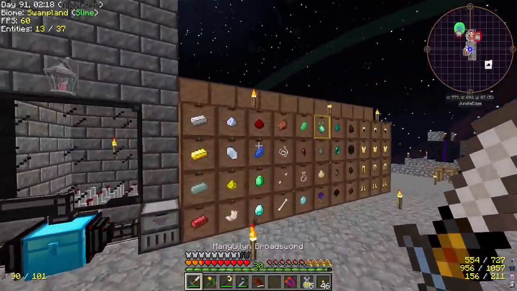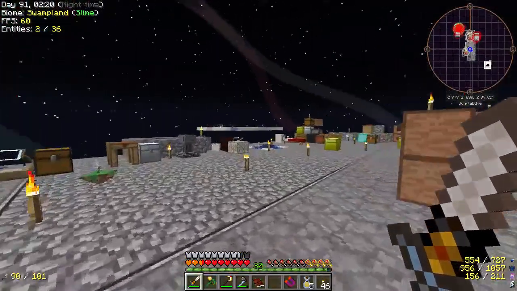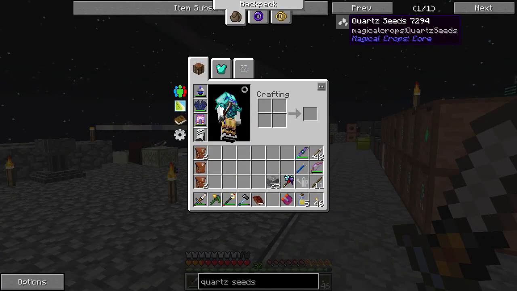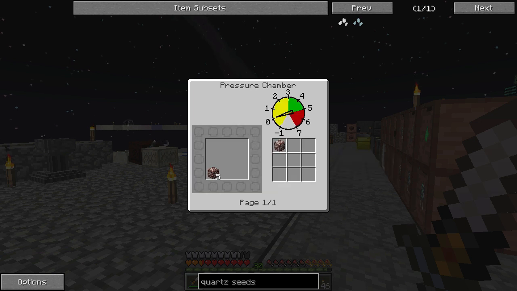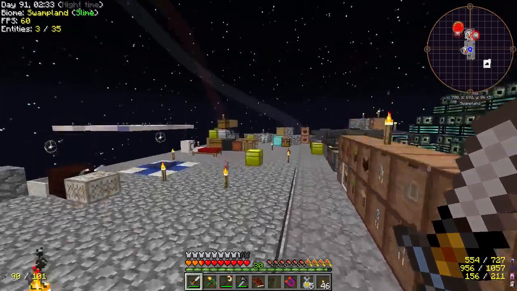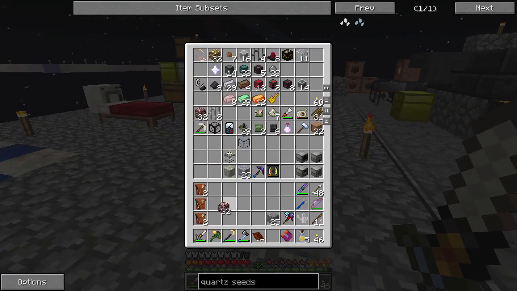Alright, so the last thing I want to do real quick is what we were working towards. So the whole reason we made this pressure chamber is to make the quartz seeds, and to get the quartz seeds we need dense nether quartz ore. That is 5 each. We need 20 nether quartz ore. Okay,